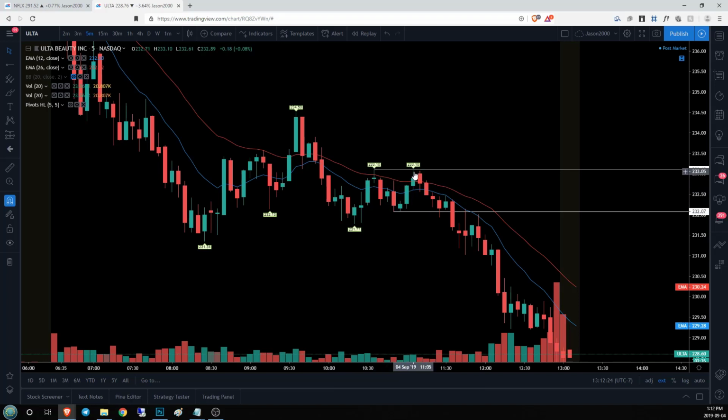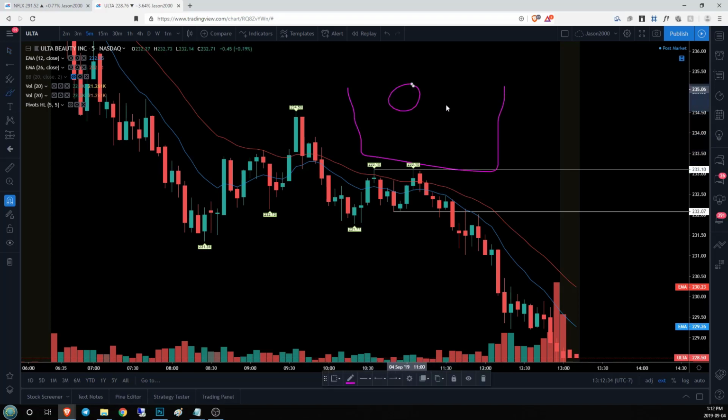And in this case, we get a double top rejection from 233.10. Anytime you get a double top rejection from the exact same level, that tells you there's a big, ugly weight sitting up there, and someone is not happy about what's happening. So they want that weight to go down, and you can see that double top.